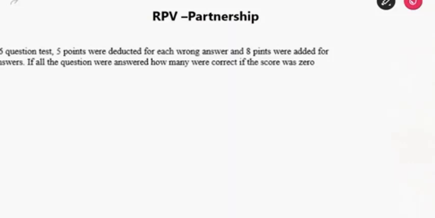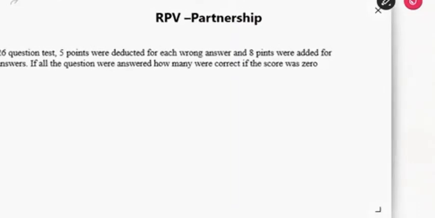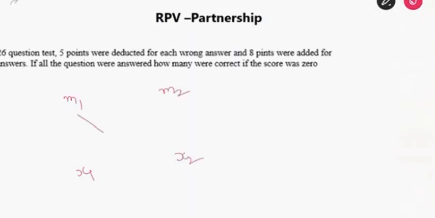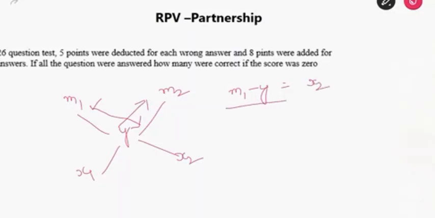See here, if the average weight of boys in a class is m1 and the number of boys in the class is x1, and the average weight of girls is m2 and their number is x2, now the average weight of the total class will be y, right? So this will be the alligation rule. Follow these arrow marks from m1, and from y right here. See here, we will start from m1 here. m1 minus y will be equal to x2, follow that arrow mark, and y minus m2 will be equal to